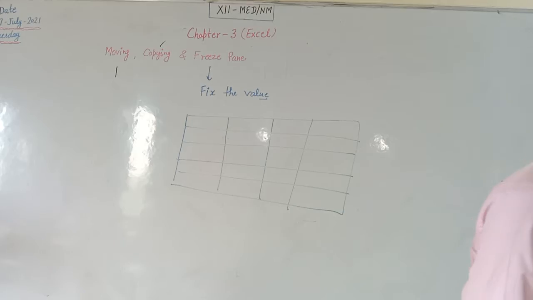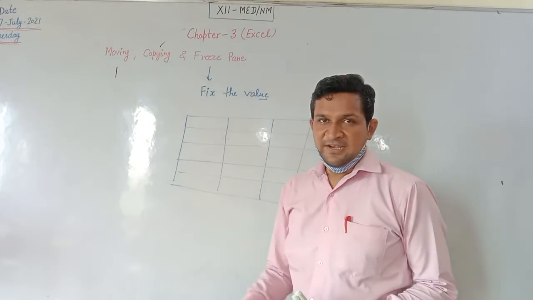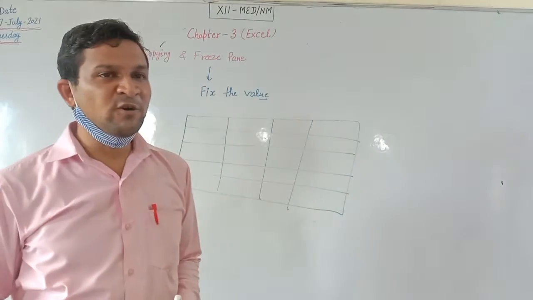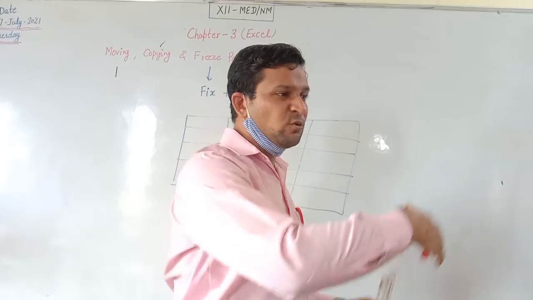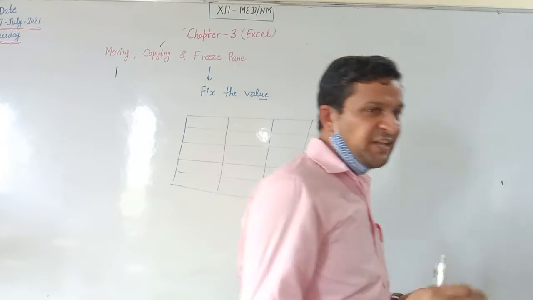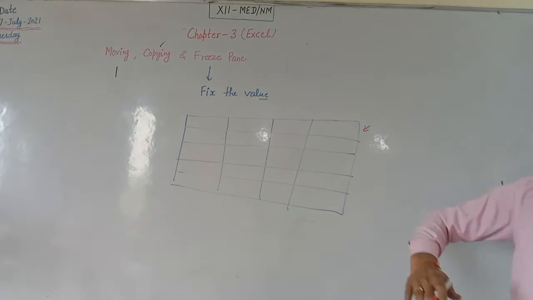If we are having 50 records, 60 records, it can display on one screen. And if we are having 500 records, in that case what will happen? Multiple pages will be there. We have to scroll up or down for that. And if we scroll the data up and down, what will happen? The heading of the first row will move upside.